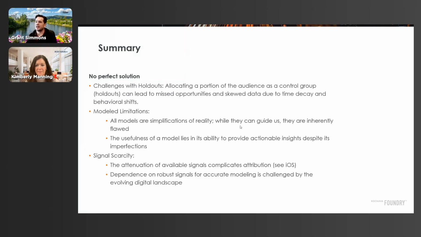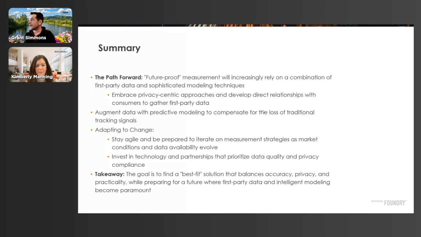And what's this going to look like in a future of signal scarcity, right? And so again, we're already seeing it with iOS. We're going to talk about what's happening in Android probably in the next webinar. And so not all of this signal, but much of the signal is going away. And so the path forward or future-proofing this will likely require a few different things. It's going to probably be a modeled approach. It's going to require more input in terms of first-party data. So to the extent that you're not tracking and maintaining as much good first-party data as you can be, it's a great time to start.